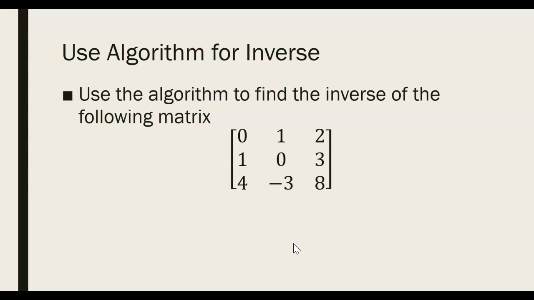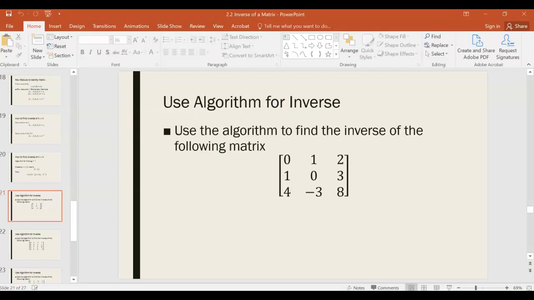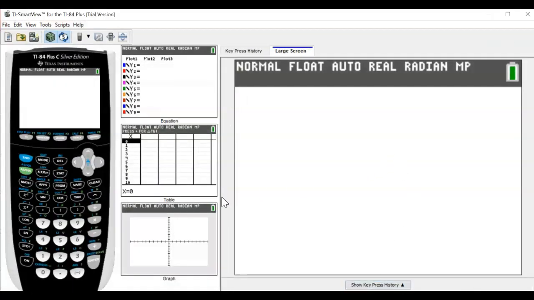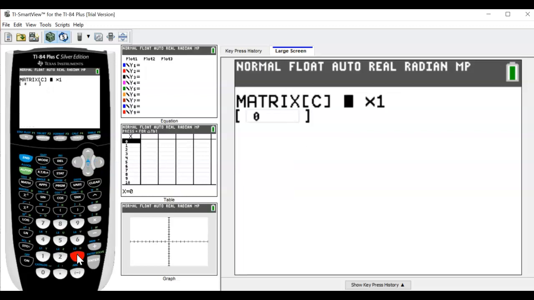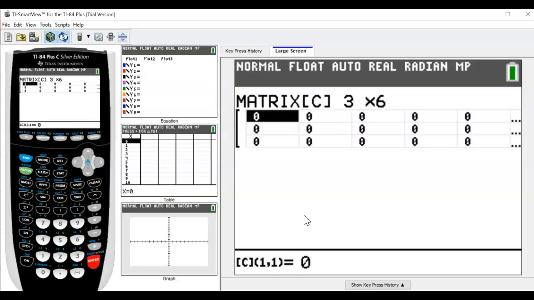So here's what I would do. We are going to grab our calculator and create a really big matrix. The matrix which I called A, I think I'll use a different letter. I'll use matrix C. The matrix I called A was 3 by 3, so I'm going to create a 3 by 6 matrix. The first half of this matrix is going to look like the matrix we dealt with before. So the first 3 columns are going to be